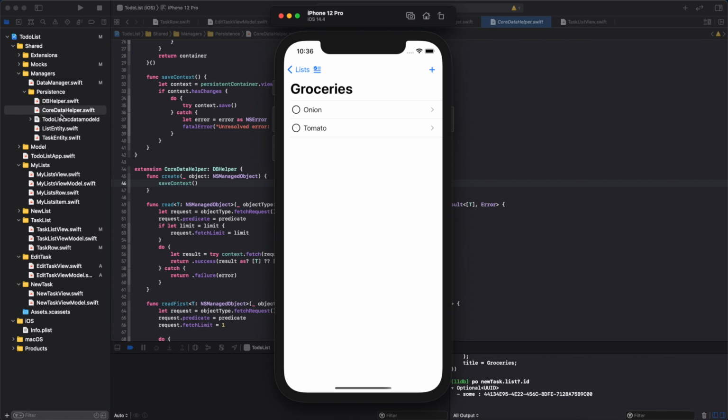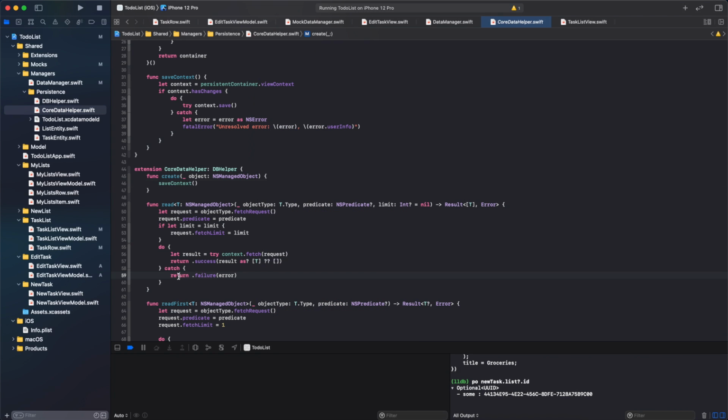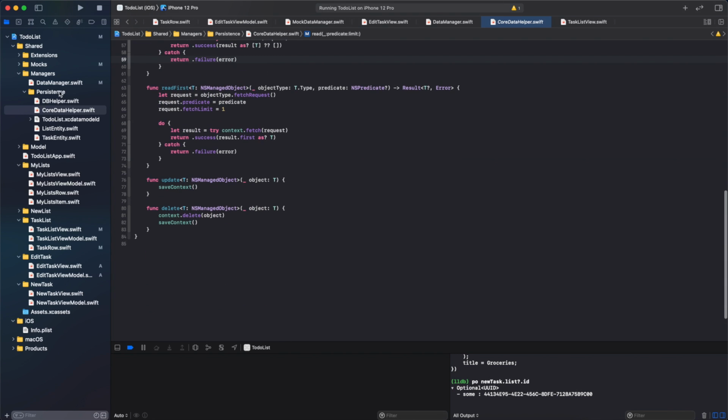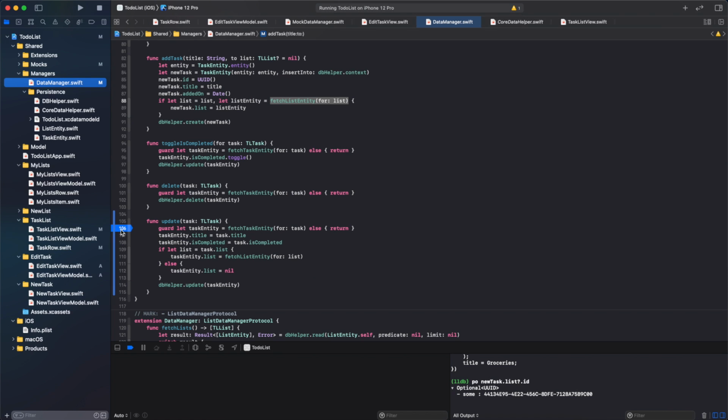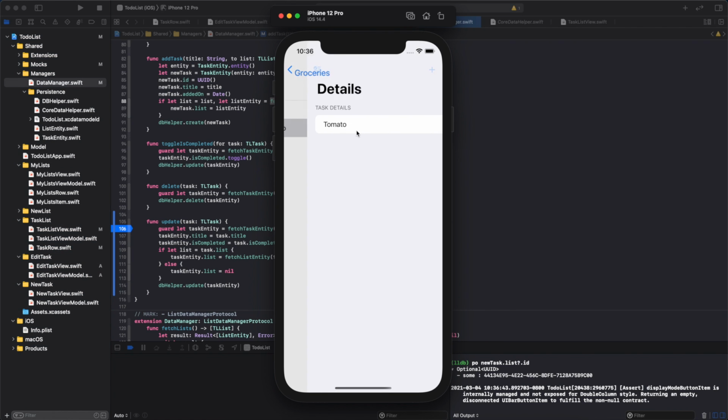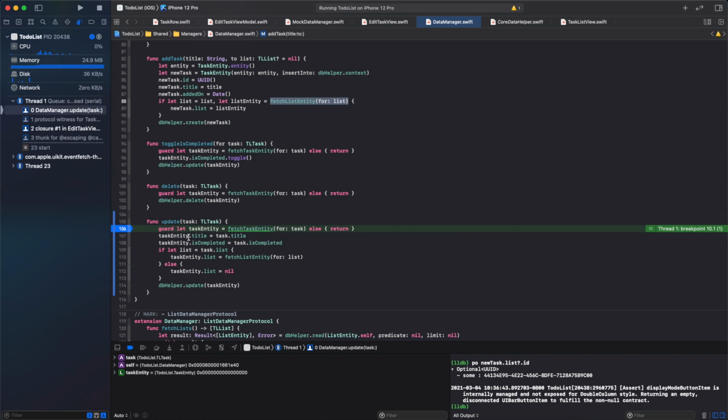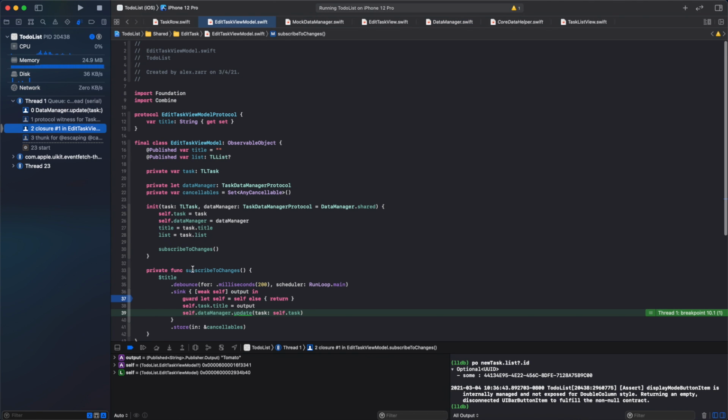And now if we go into core data helper, into our data manager update, when we try to change something in our thing, okay,